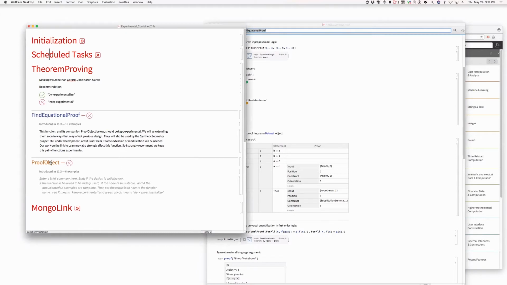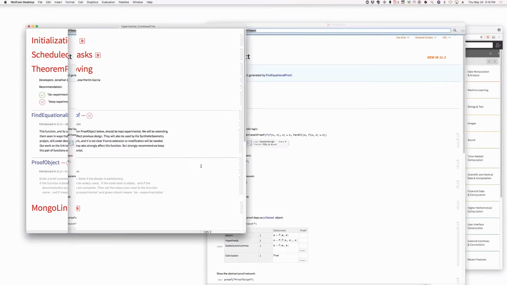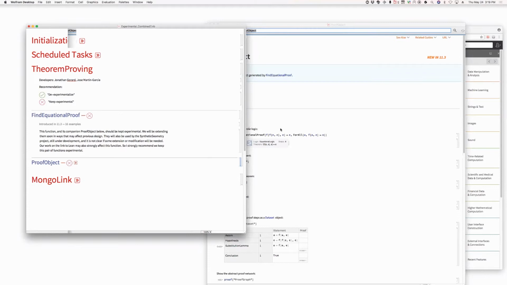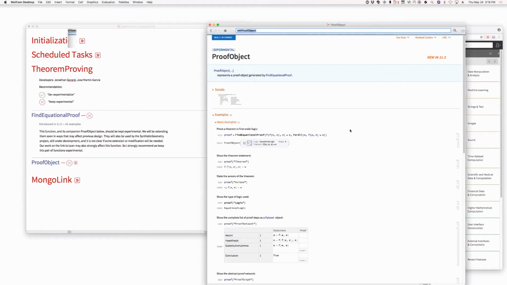Uh-huh. And then Jonathan can explain better. We are now adding counterexamples because Waldmeister can also produce counterexamples. Oh, that's nice. Yeah, that's very cool. And so how is that going to be returned? I mean, is that really the same function, FindEquationalProof? It's like, oops, there isn't a proof, but here's a counterexample. Right, that's kind of the idea. Yeah, it'll either return a proof object or a counterexample object, whichever it can find first.